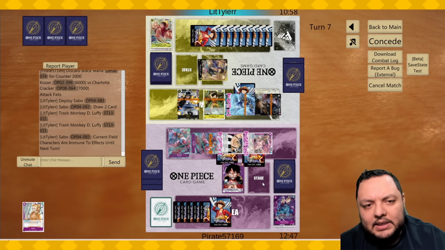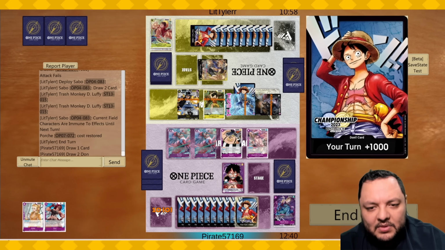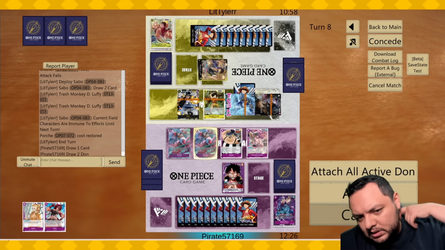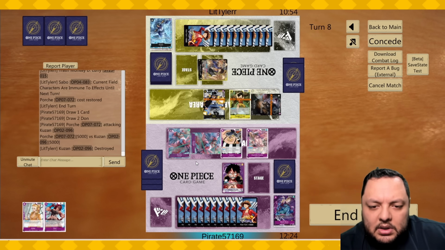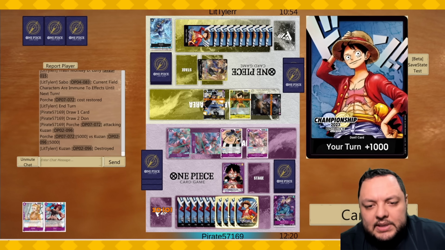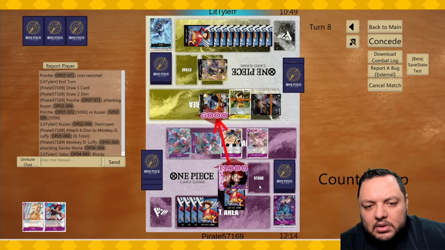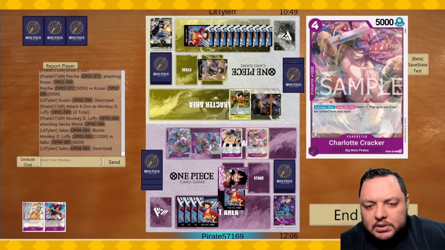He has 2 cards in hand. He doesn't play the Luffy. I don't know, he doesn't really want to use the leader ability. He's being really mindful about the fact that I can go for game at any point if he's not careful. So let's attack for 5. I could just attack for 5 into the leader just to get more cards out of my opponent's hand. But I do also want to kill this Gecko Moria now that he's free to do so. He blocks. So I don't see why I wouldn't just...